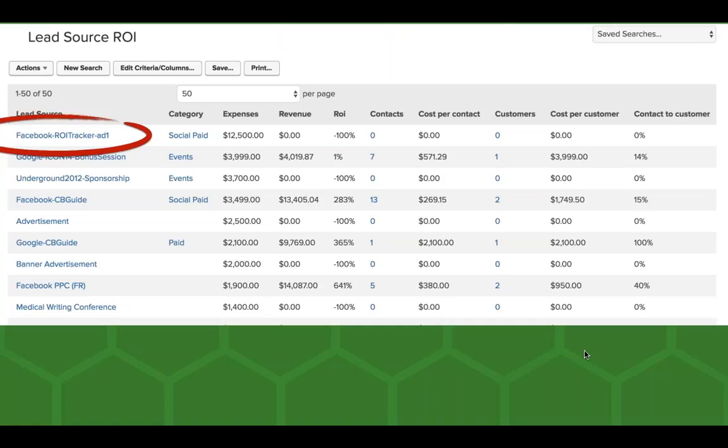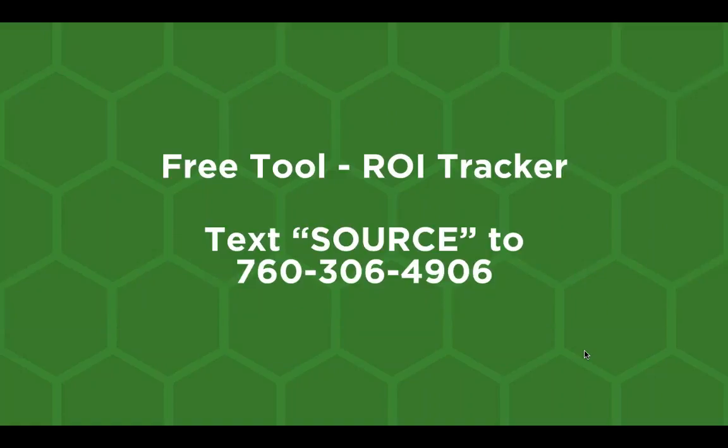So I might be testing 4 different ads and you could see them all there. Anyways, on that particular ad campaign, that particular ad, I spent $12,500. I generated $0. So my ROI is negative 100%. If I did that, then I would, of course, stop spending that money the next month immediately, and I'm going